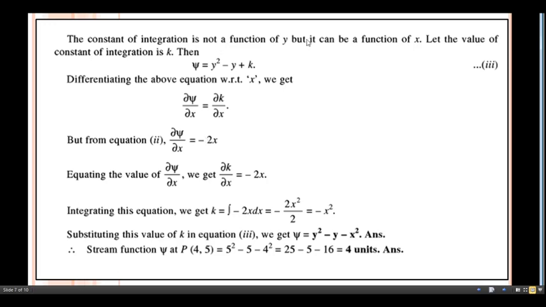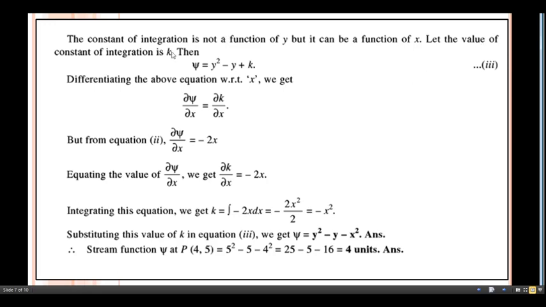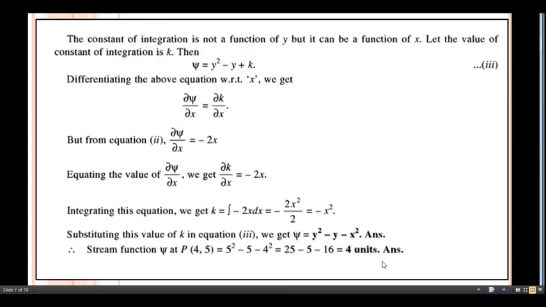But the constant of integration is not a function of y, but it can be a function of x. So here, the two-dimension axis system with us, that is not a function of y, but a function of x. Let the value of the constant of integration be k, then ψ equals y squared minus y, the 2 gets cancelled, plus k. Then differentiating this above equation with respect to x, so what we get here, ∂ψ/∂x equals,